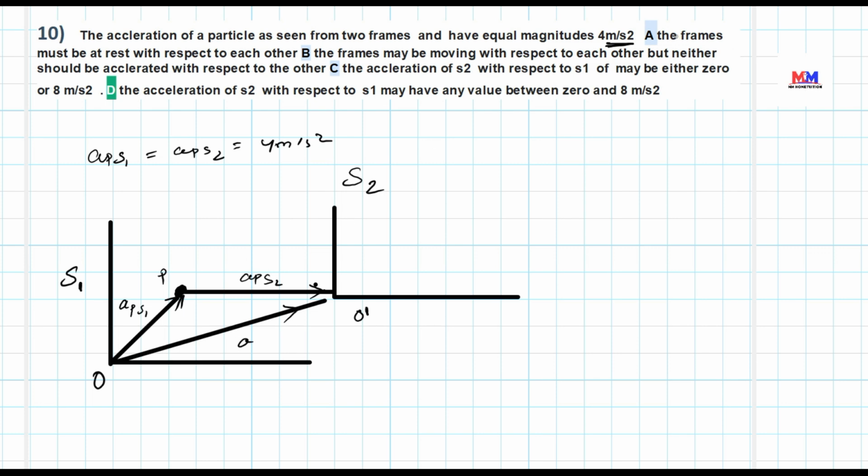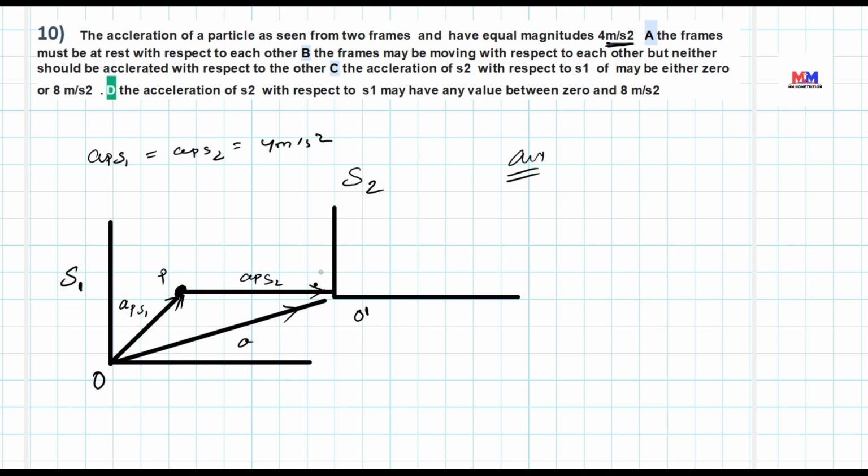The frames must be at rest with respect to each other. The frames may be moving with respect to each other, but neither should be accelerated with respect to each other. The acceleration of S2 with respect to S1 may be 0 or 8 meter per second square. The acceleration of S2 with respect to S1 may be any value between 0 and 8 meter per second square. So we can write